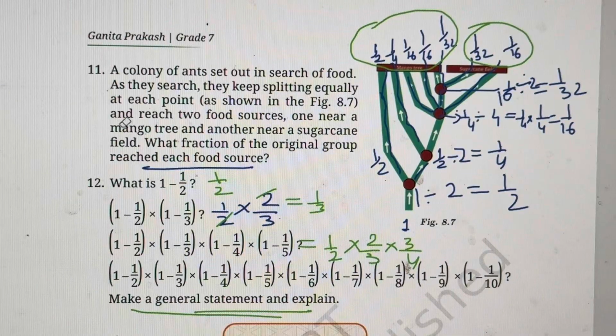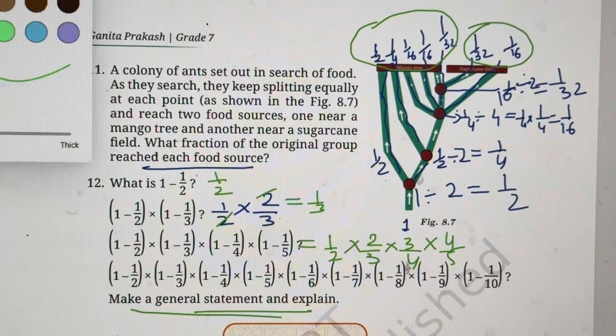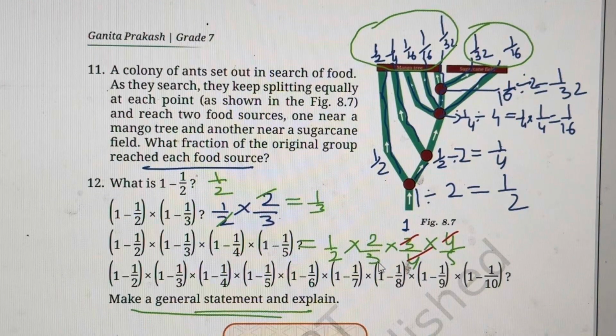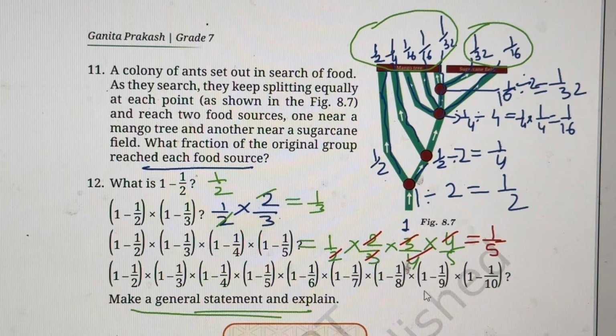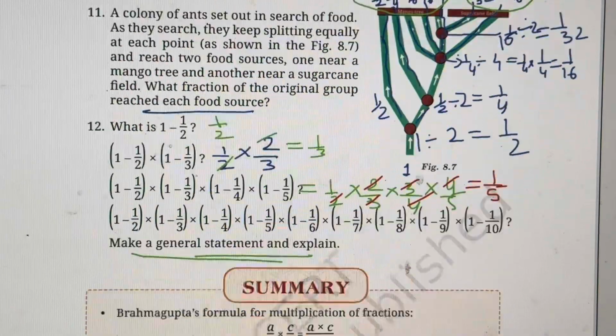Okay, that's why we are getting 3 upon 4. If you understand one of them, then it's easy to understand the others. Here 5 minus 1 is 4, so into 4 upon 5. Now what happens over here? Let us see what all we can cancel. So 4 gets cancelled, 3 gets cancelled, 2 gets cancelled. Ultimately what remains is 1 upon 5. Okay. Now if we do this one,